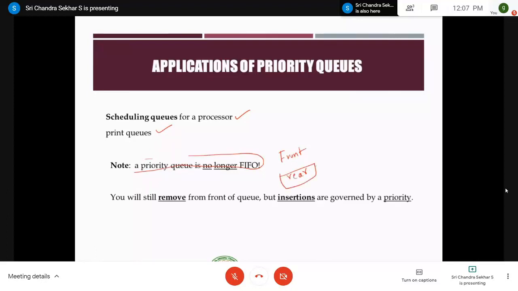Why? Because while inserting an element, you have to rearrange the elements based upon the priority of the incoming element, right? So you still remove from the front. That's what we discussed. Removing in the priority queue is always done at the front part only, but insertions are governed by priority. So this completes the application part, which is important for concepts.